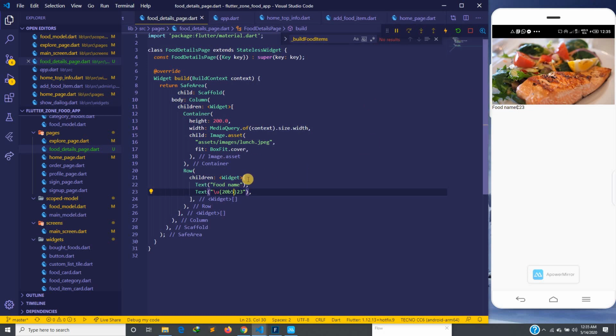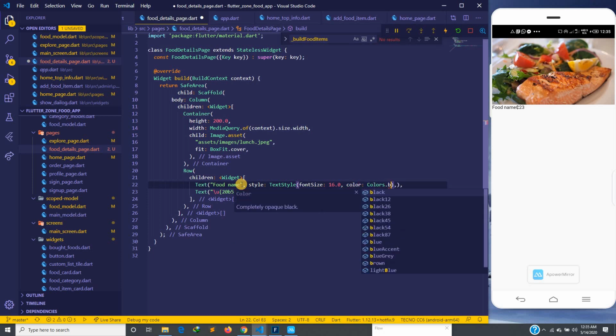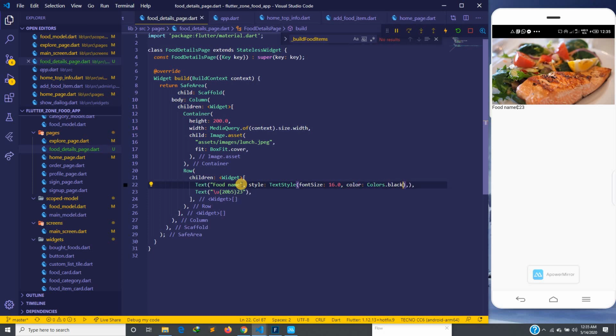Okay, so with this one, you're going to change the style here. Quickly style and then test style here. We are going to check the font size to maybe 16.0. The color should be Colors.black. And I think